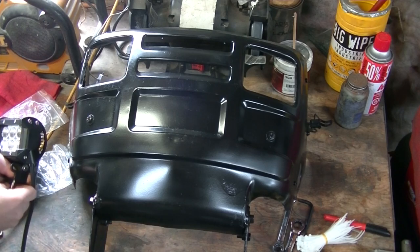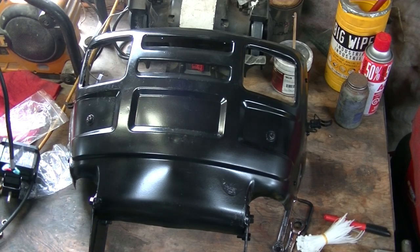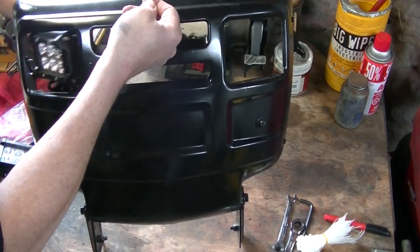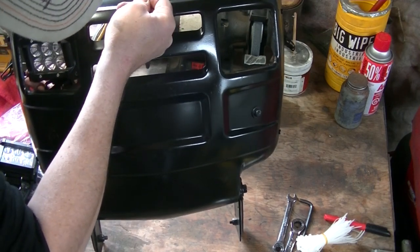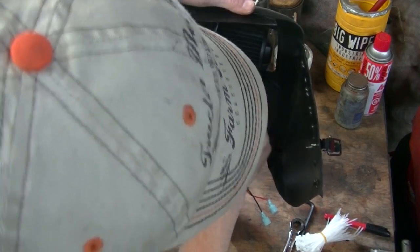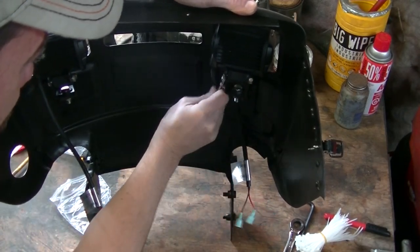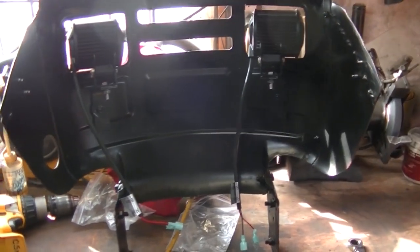Alright, so with the grill on the bench, I'm good to go ahead and bang these things into place. Okay, so looking in from the back side, this is where I can adjust the angle by loosening off these bolts again. Alright, so now that I've got those, at least for now, aligned well enough to put the grill back in,